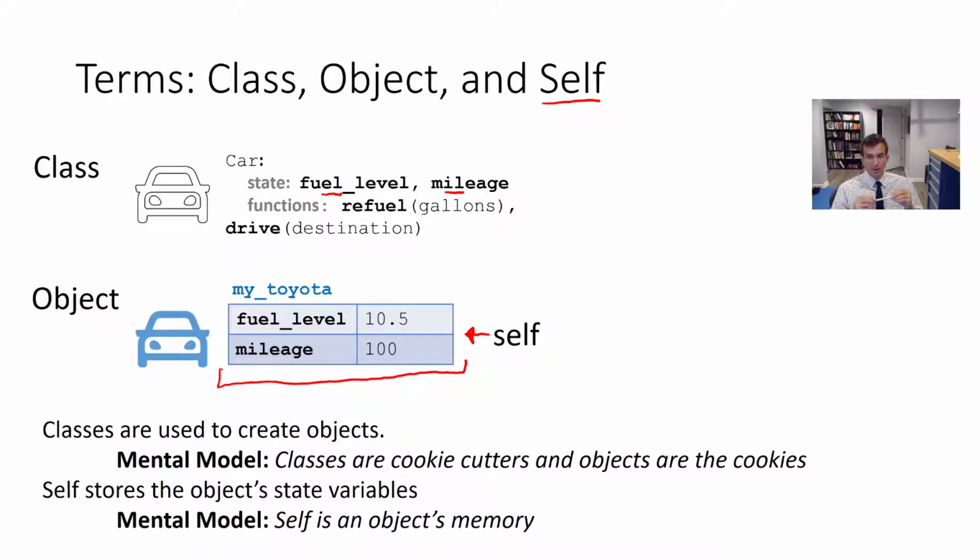The only person, I say person, my anthropomorphisms go out of control sometimes. The only place where you should touch self is within the refuel function in this case. Only refuel should have access to self. Only Greg's body should have access to his brain. I have access to his ears, and you know, we can reach out and touch each other in better times, right? But only Greg can figure out what happens in Greg's brain. Only he has access to the self. Well, I hope these analogies end up making sense in the end. I'm a little embarrassed of myself at this point, right? But